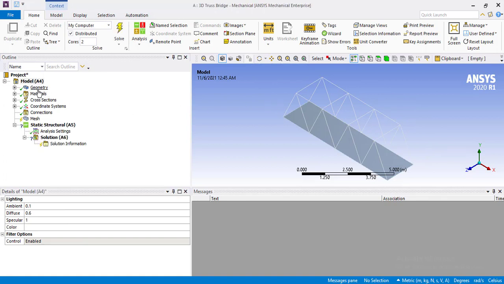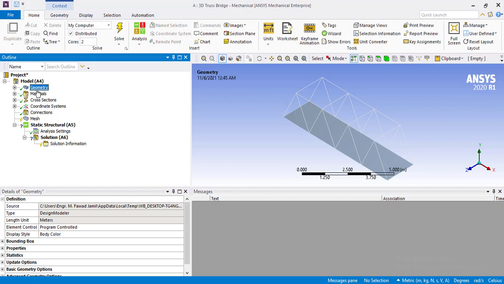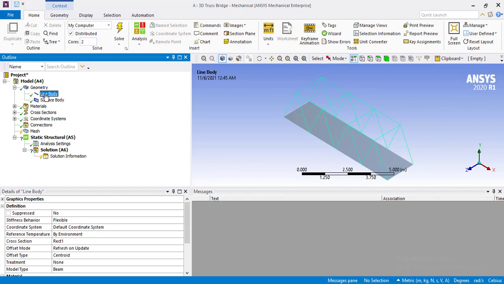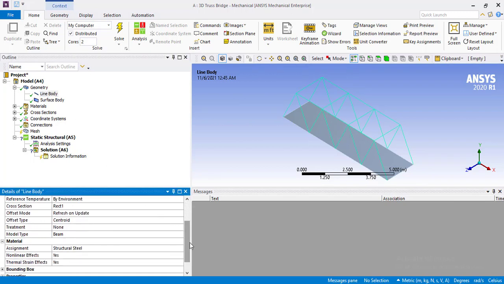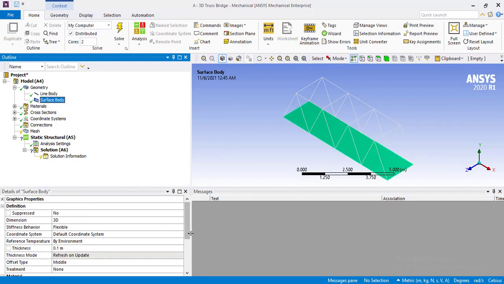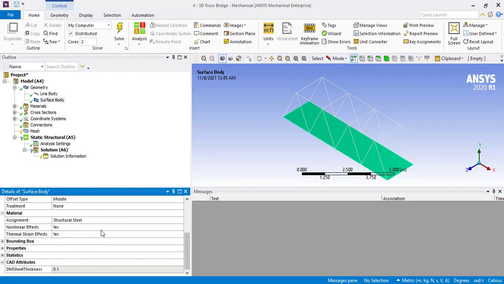Now go into the geometry tab, click this plus sign and select this line body. Now scroll down a bit in the details of this line body. Now you see a material which is structural steel, which is assigned to this line body. Similarly, a surface body, and you can see its material which is structural steel. You can define different materials for both of these bodies.